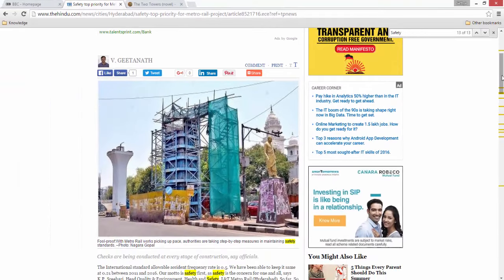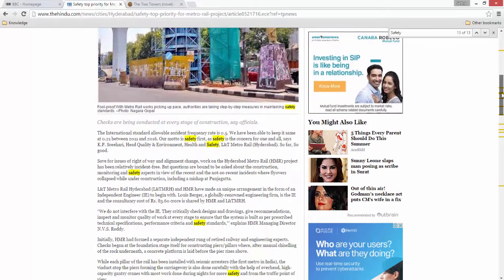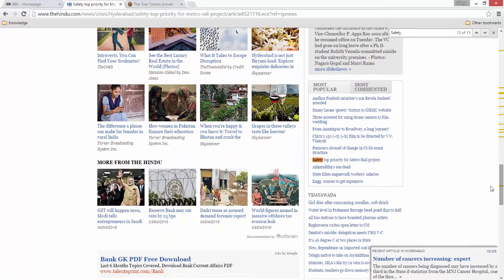If you scroll your vertical bar to a particular location, you can see a matched word here. If you scroll down, you can see the matched words here. You can further scroll down to the final one and also see the matched word here. So this is how we can find where all the matched words are.